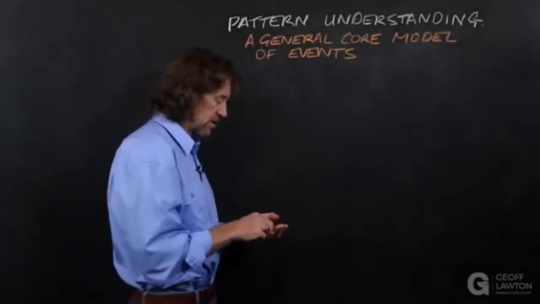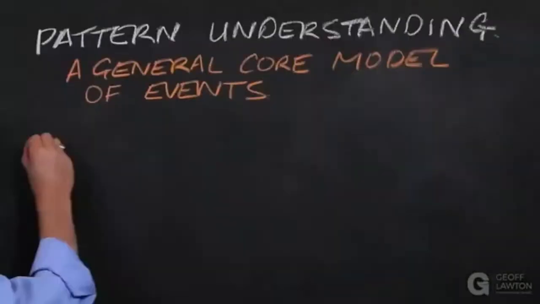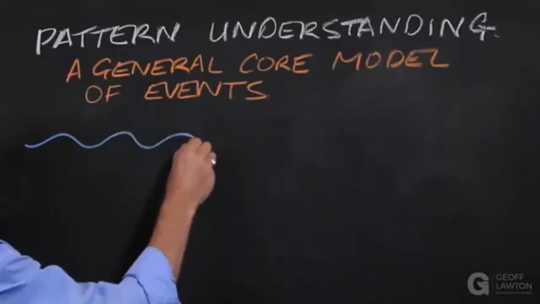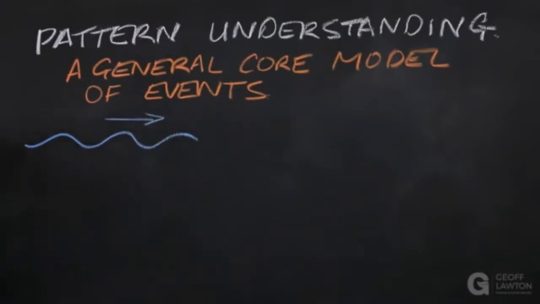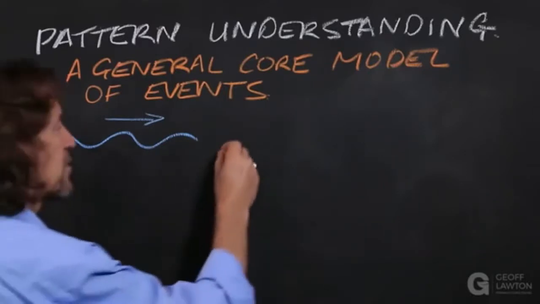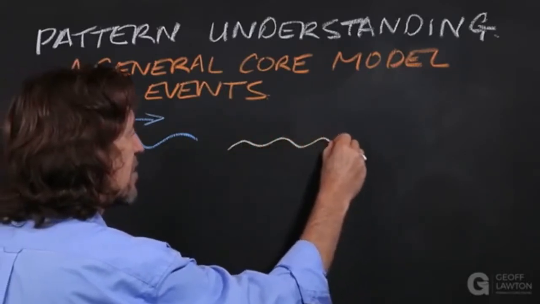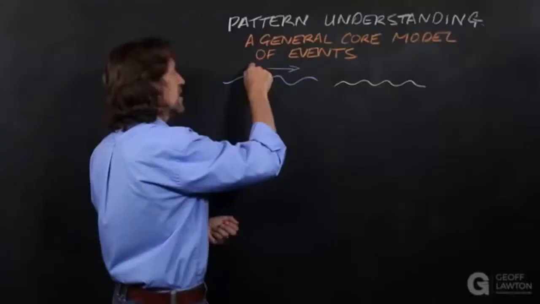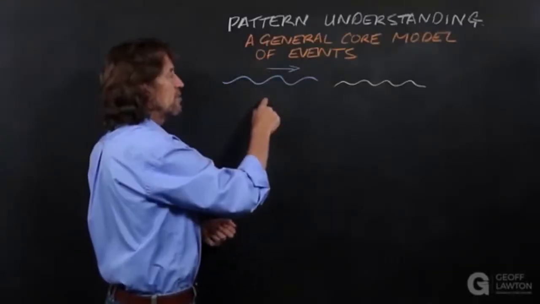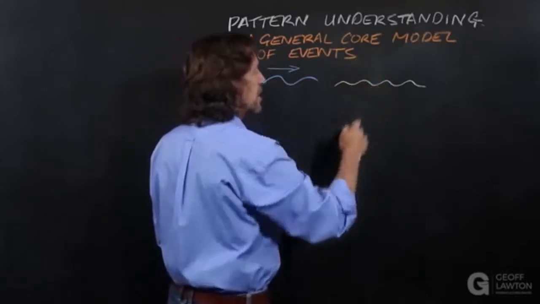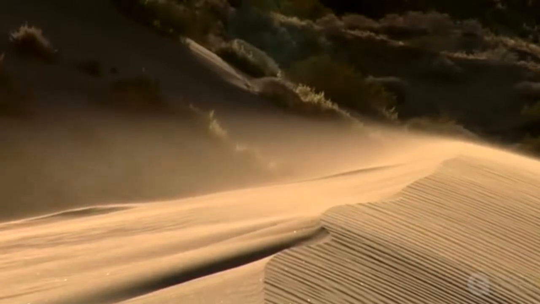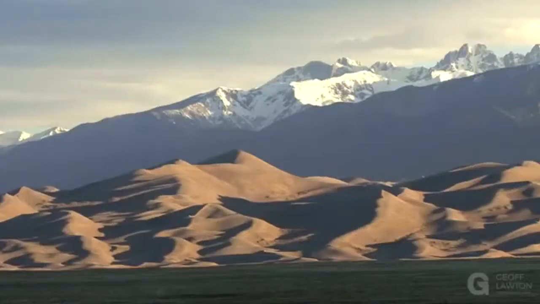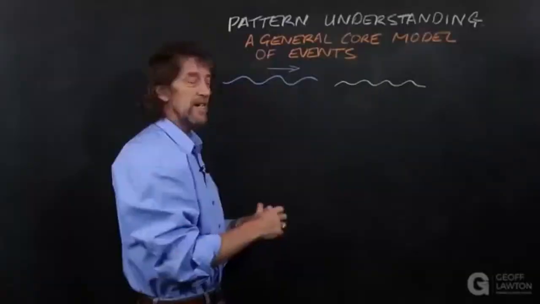Let's have a look at a few. So you have waves. So you have wave patterns, and they're moving if they're waves in the ocean. And they could be waves of sand. This is pressure between a weather event in the air and water. This is wind and sand. It forms sand dunes. They start off as little ripples, they end up as giant sand dunes. There's a few gradations along the way. It's the same with waves.